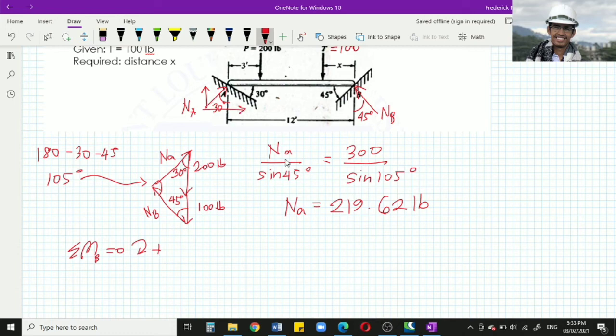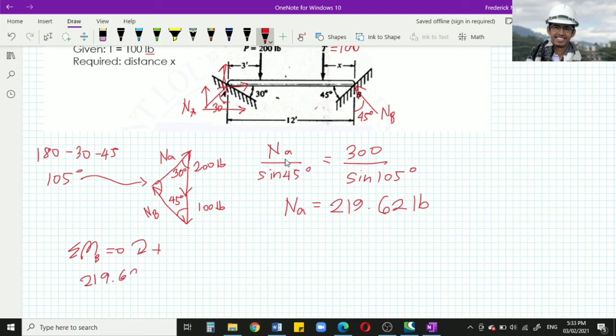Okay? So yung horizontal force natin, hindi na siya mag-moment sa point B, no? Kasi same siya sa line of action. So yung horizontal ng NA natin hindi na mag-act. So gagamitin lang natin is yung vertical, yung upward. So that will be NA will be